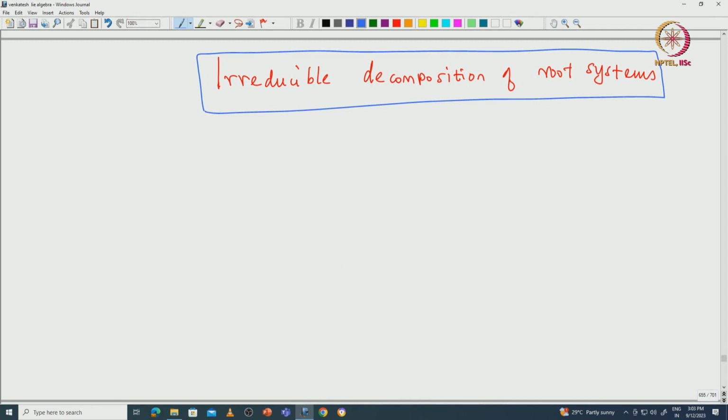As before, we take phi to be a root system inside E. So, capital E is the Euclidean space in which the roots lie. So, first we define the notion of reducible. So, what is a reducible root system? Phi is called reducible